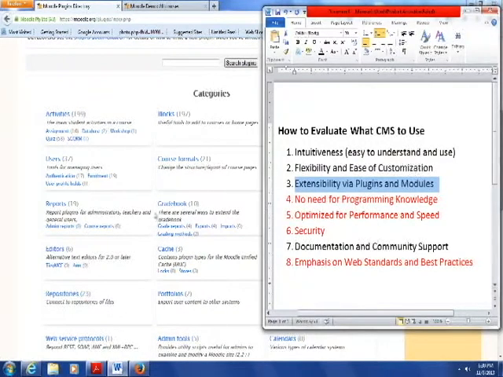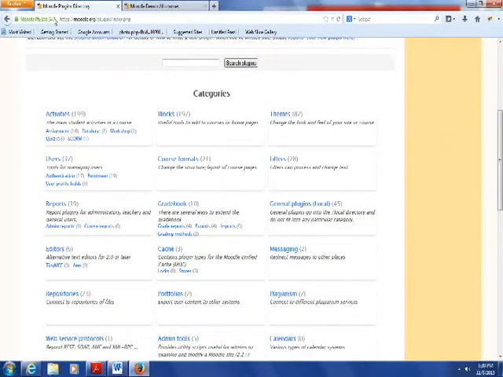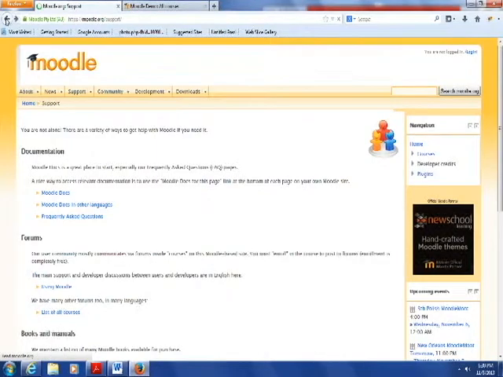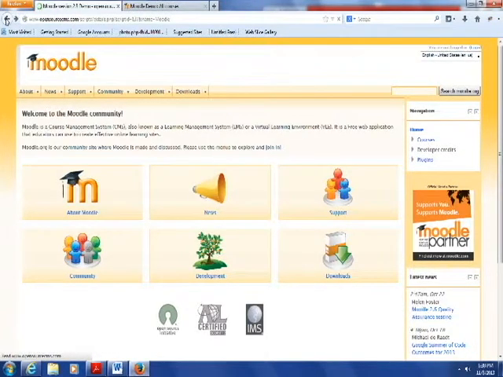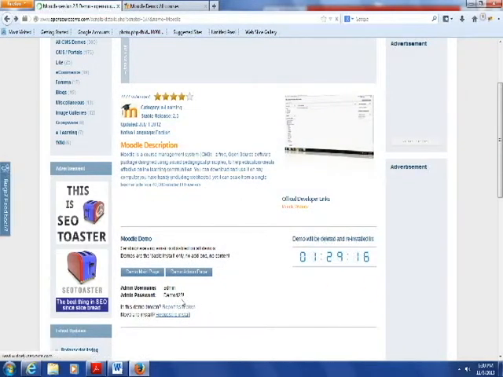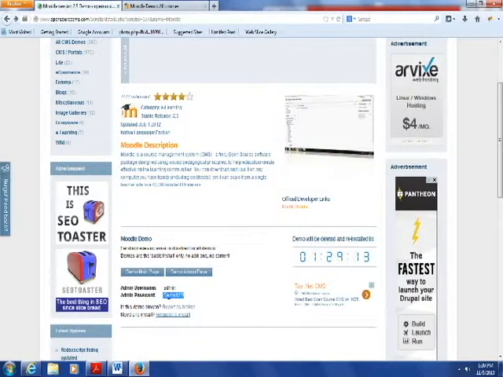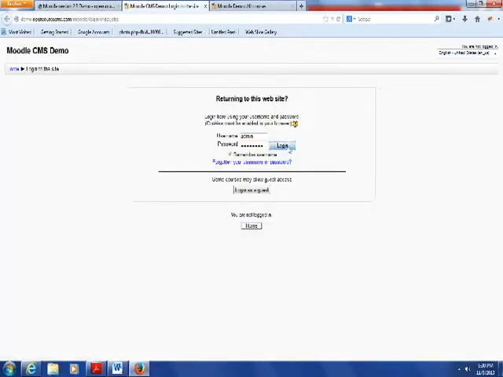No need for programming knowledge. I don't see anywhere where you would need the programming knowledge. Let's go ahead and go back and enter the Moodle admin situation. So I'm going to copy the password, go to the demo admin page, we'll log ourselves in,